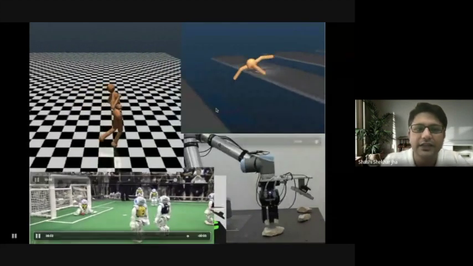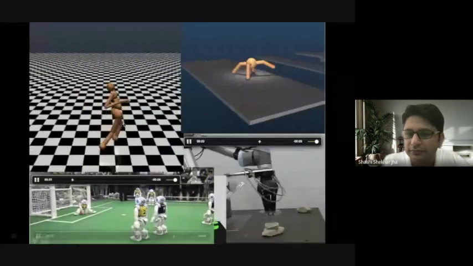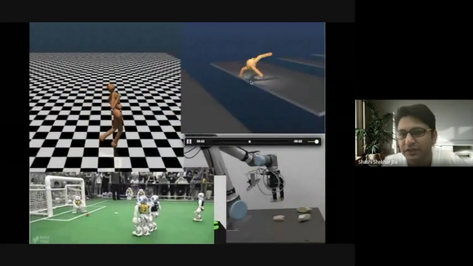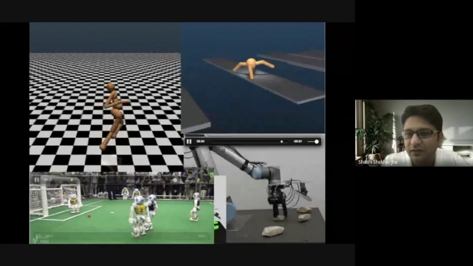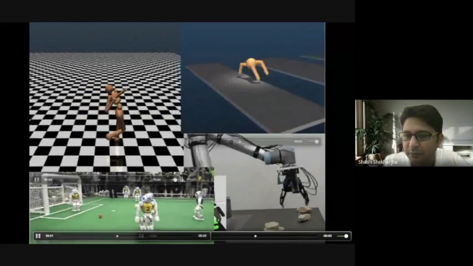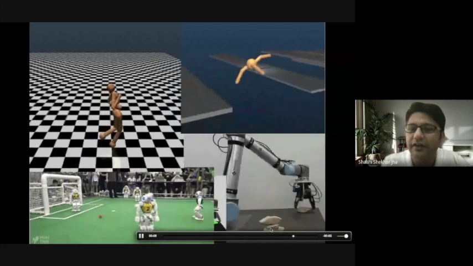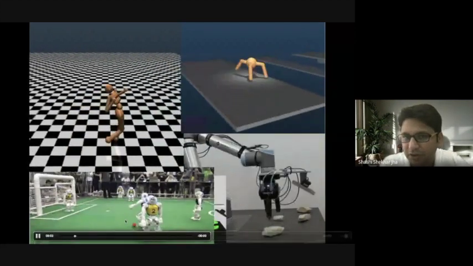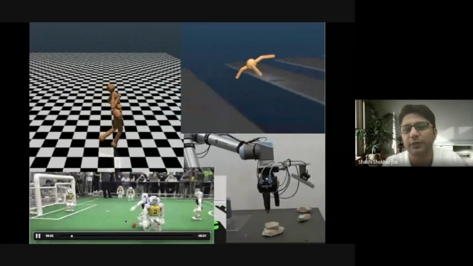Training a humanoid robot to walk, or a quadruped robot to walk or jump stairs. Even for a robotic hand to pick pieces and put them together, you need reinforcement learning, or even multiple robots playing a game of soccer. So these are different examples of reinforcement learning tasks.